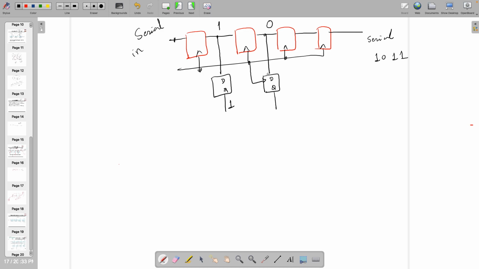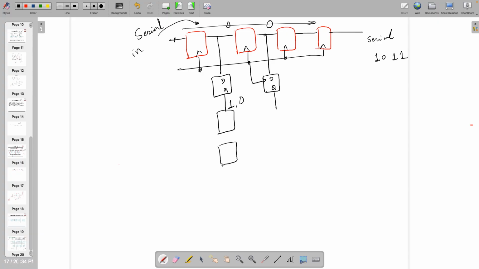So I need to remember the previous one also, right? Even though I am remembering it 4 bits at a time, there are multiple bits, right? So in that case, if the next input is coming, if it is 0, this 1 will be erased. Then 0 will come here. Then again this got erased. So I need the same number of flip-flops, as many flip-flops as are available in the critical path.